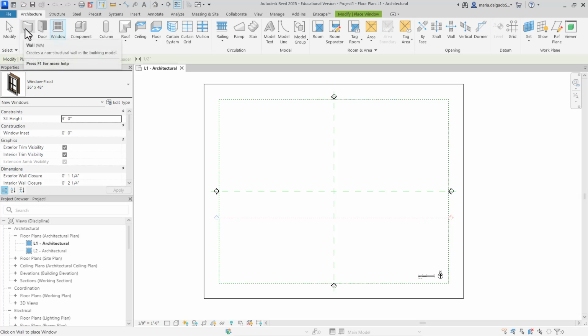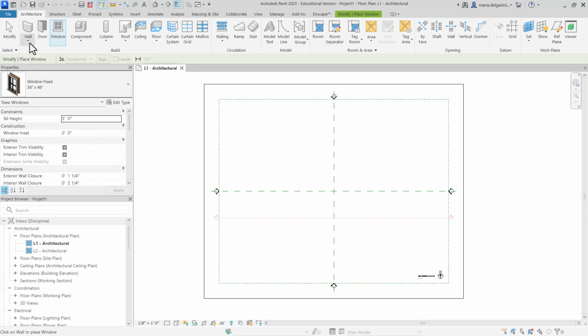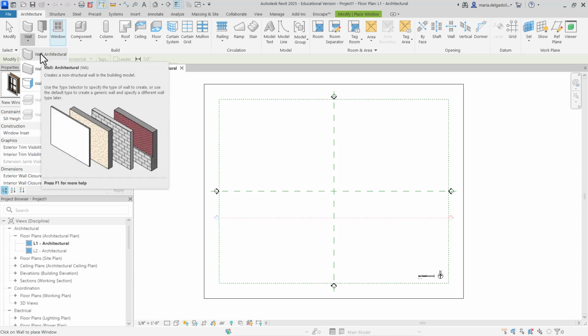Also notice that anytime you hover over an element, the program will tell you what it is. So in this case, it's a wall. The parentheses WA, that is actually the shortcut for wall. So if you type in WA, you'll be able to generate a wall. So I highly encourage you to explore and memorize and apply the shortcuts, because you then model faster. And it also allows you to then learn about further definitions of that actual wall.